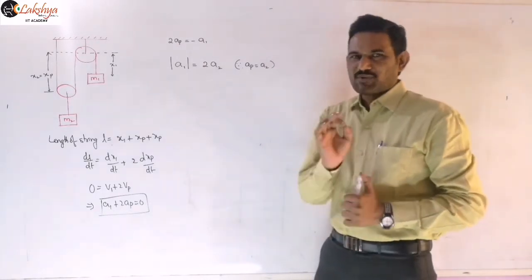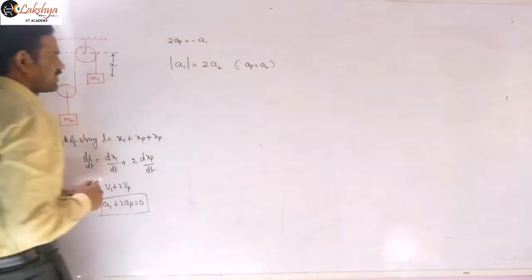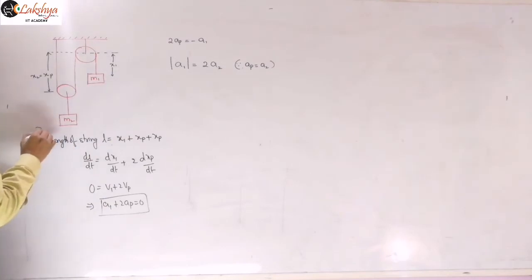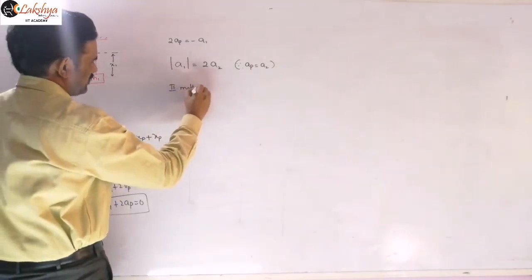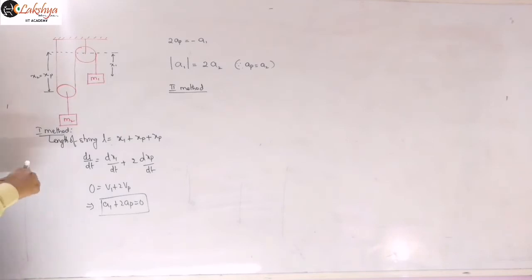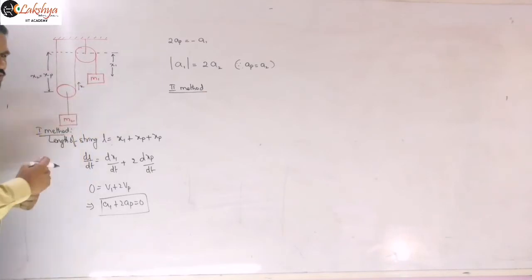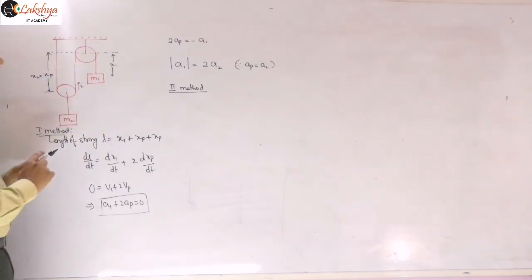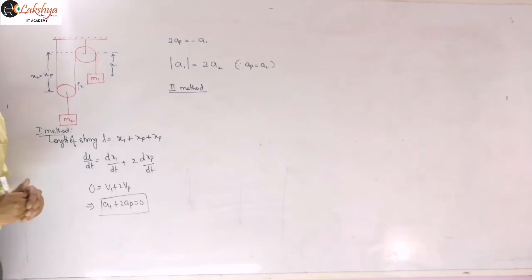I will explain this by the displacement method also. You can understand that easily, the displacement method. So this is method 1, or the first method. The second method, the displacement method, I am explaining here. Let us consider that if this pulley is moving up by a distance x, can you say how much length it will come down here? How much will that block M1 come down? Can you say that? Sometimes you need to verify the displacements like this.